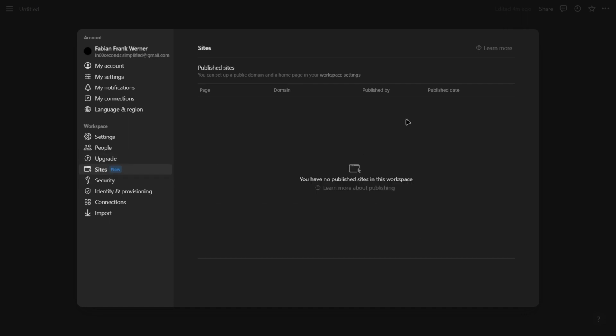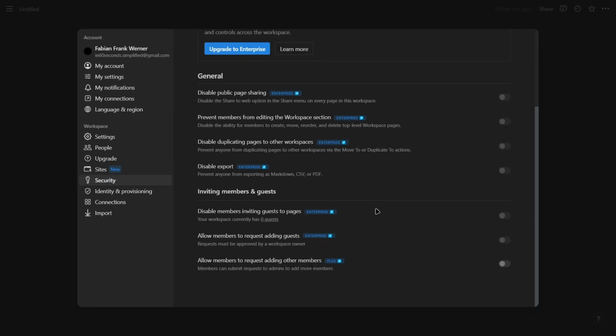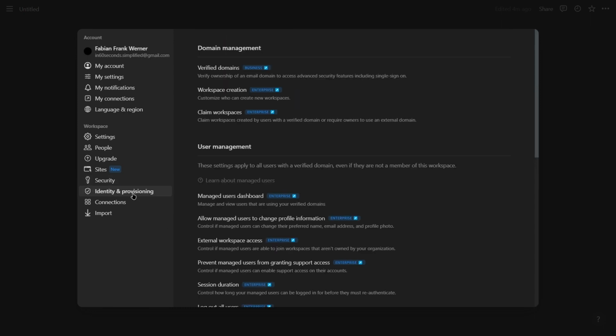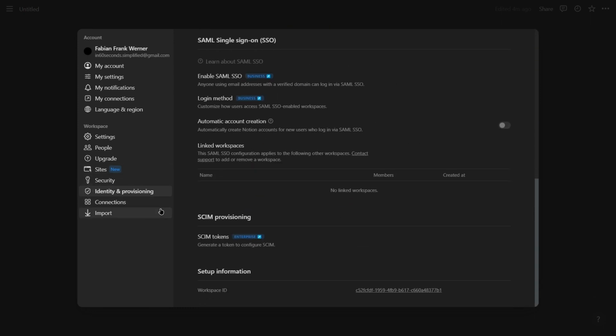On sites, if you publish a website or if you share a website on Notion, which you can see right here, and publish it, you can see it indexed right here. So the page, you can reference the page, the domain name, it's published by who, and since when it is published. Here are some security options, which are all for the enterprise and plus plan, so no worry about changing anything right here. Same goes for identity and